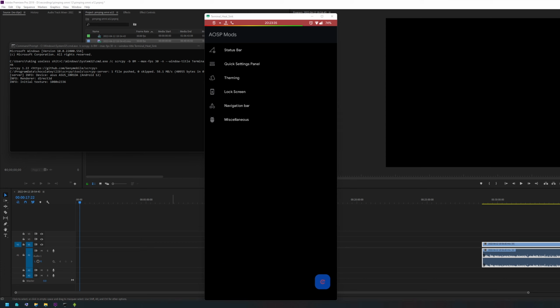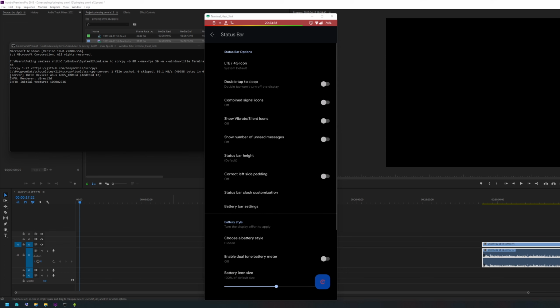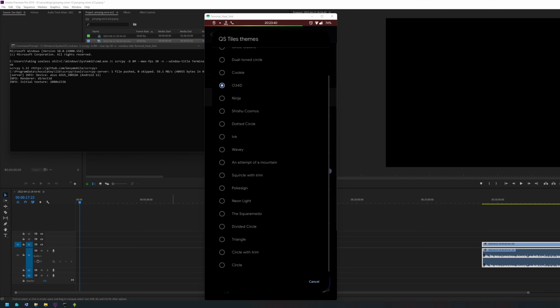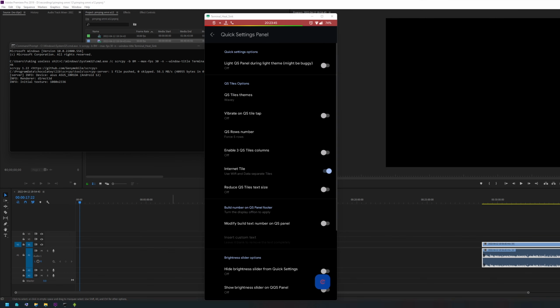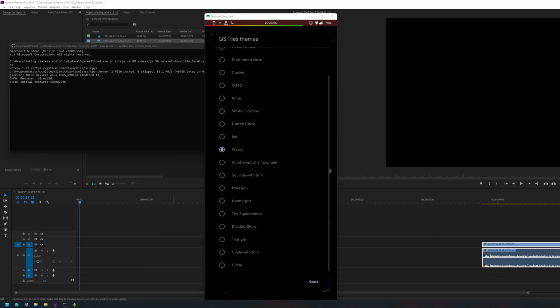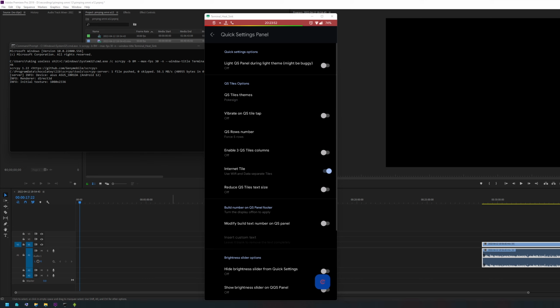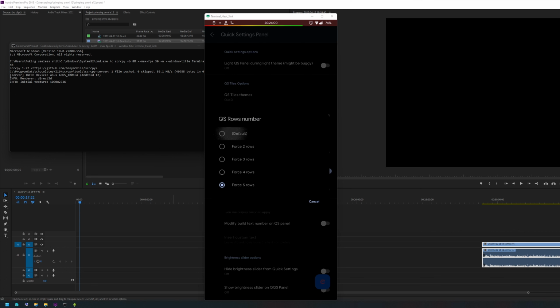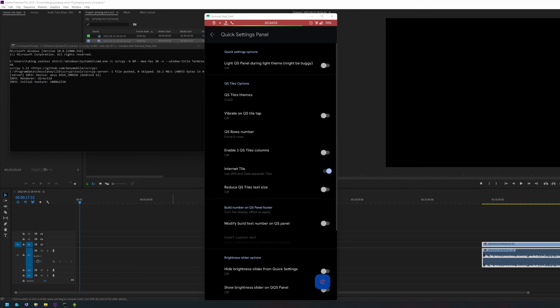If I go into, yeah, it's still in status. Oh no, it's in the quick settings. Yeah, so themes, you can have like some really weird stuff like wavy, like so. And you can have even a Pokemon. So yeah, you can have some weird stuff, all right. And then I'll also be showing you guys how to install a Pixel Launcher for this, because